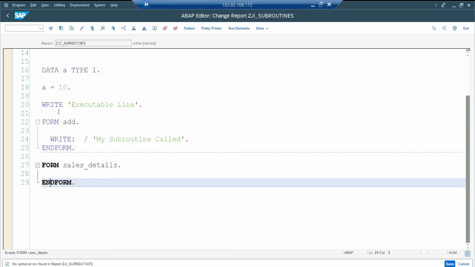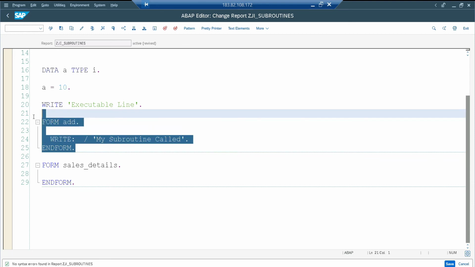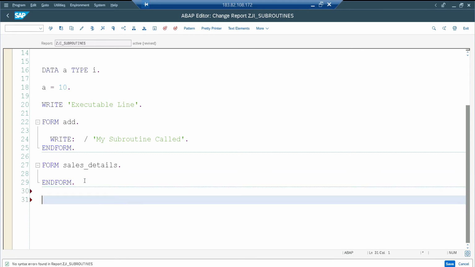Check the program. So no syntax error. So you can have one more processing block after the processing block, but not the executable statement. But still 90% we are going to write the code like this. But still, if you want to say, no, after the subroutine I want to just have an executable statement,